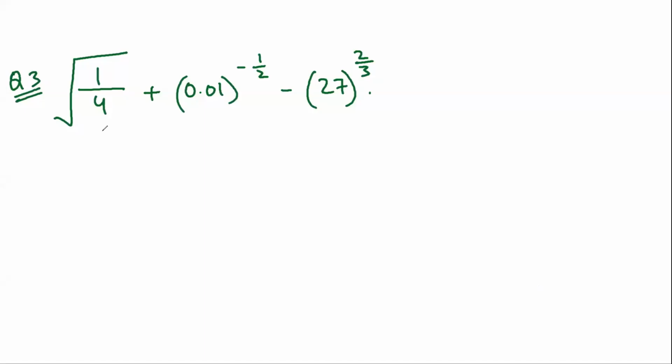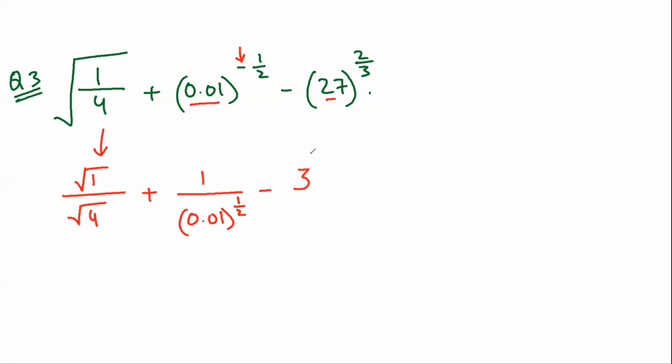So I can write this as root 1 upon root 4. I can use this negative to make a reciprocal of this number. And this I'll write as 3 cube. And 2 by 3 is waiting outside. Okay. Root 1 is 1. Root 4 is 2 plus 1 upon